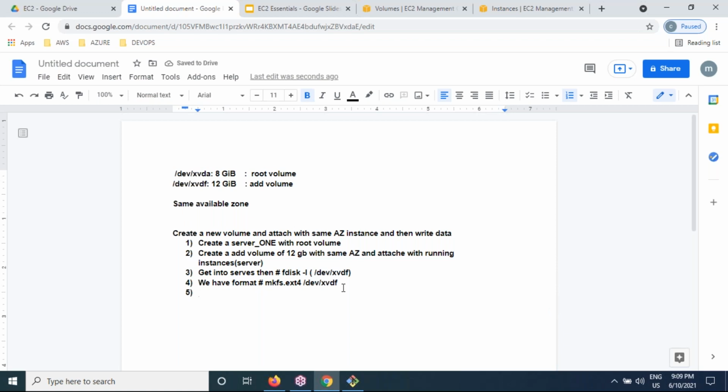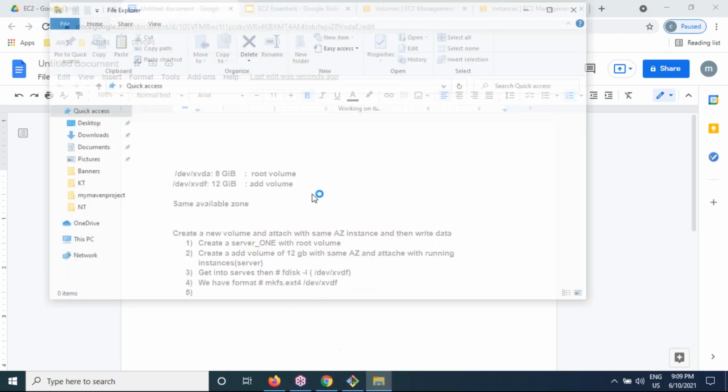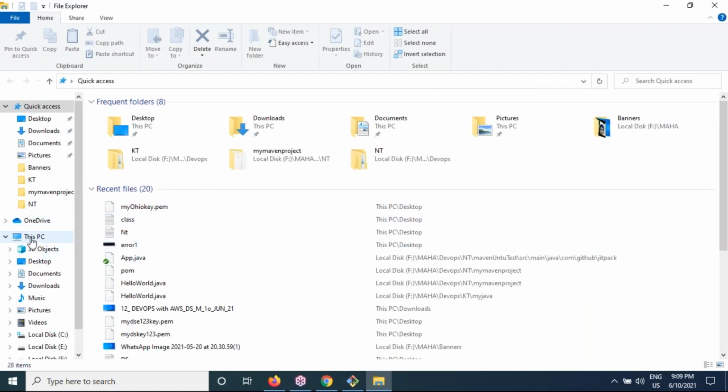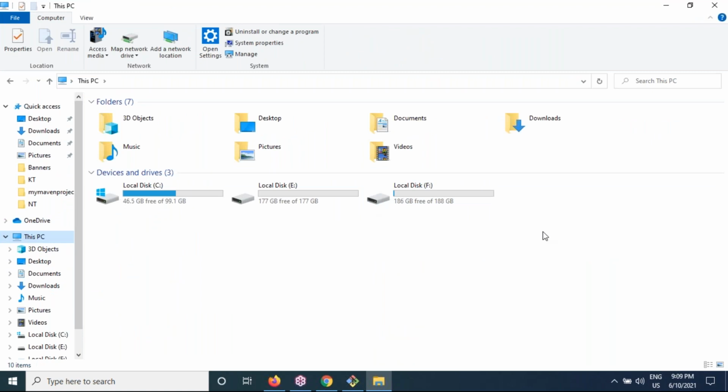After formatting, can we write data? Can we write data, please? For example, you plug a pen drive into your laptop. How exactly do we work with it? Is there a drive, or do we write data directly to the pen drive?